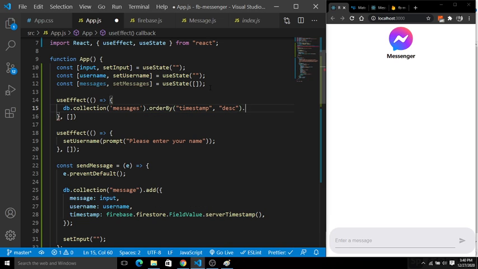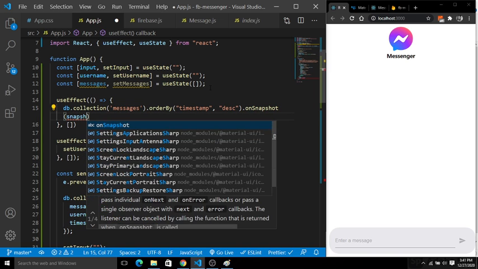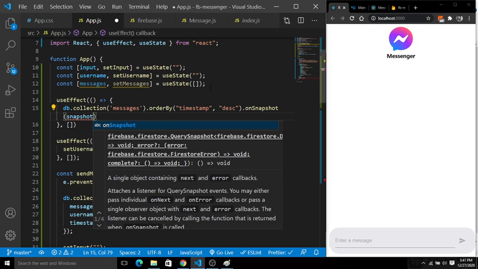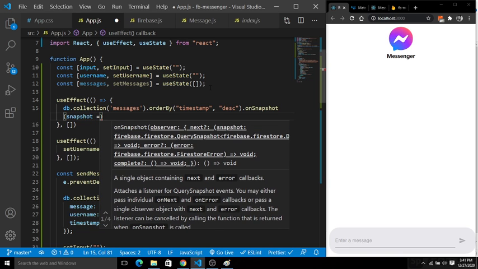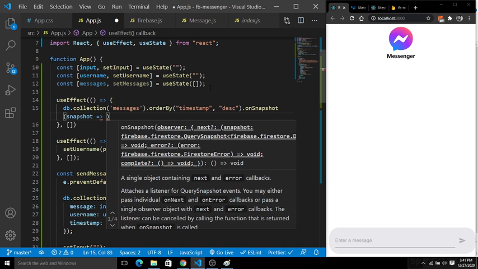Here I am going to use the function snapshot. Snapshot will create a snapshot to get all the unique IDs that are created randomly at a single time when this useEffect fires. So we have db.collection messages, we have the orderBy, and then a snapshot. Inside this snapshot I am going to create another object of a snapshot, and inside it I am going to simply create this